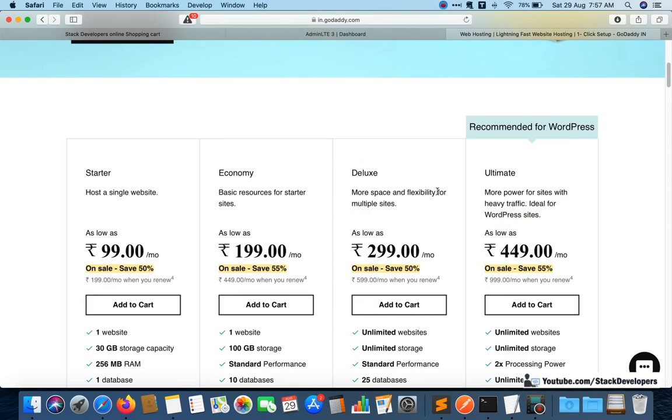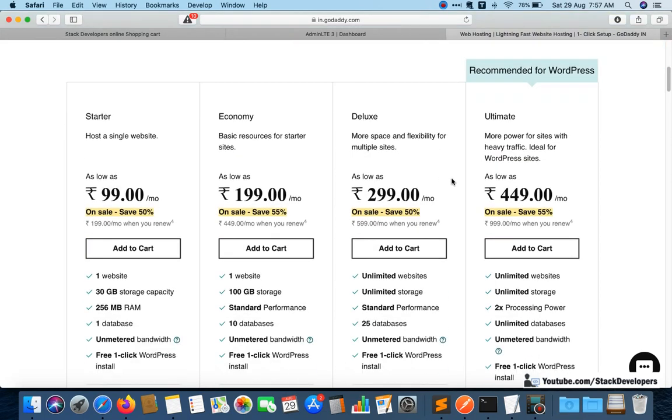Okay, and if you want to host multiple websites, like you are making two websites for clients, one for one client and one for another client, then you may go for the deluxe hosting. That supports unlimited websites. Okay, so see,